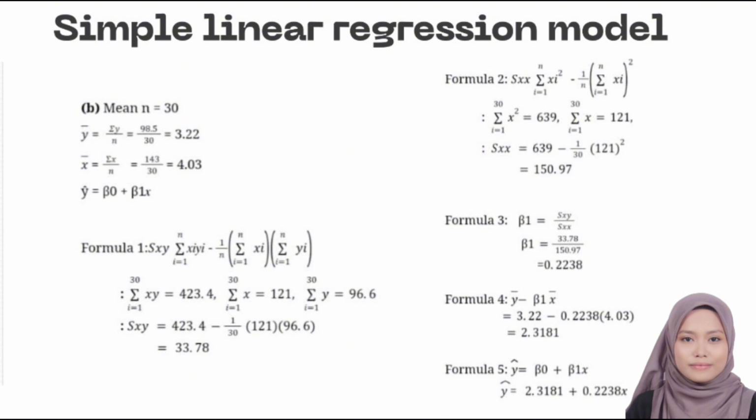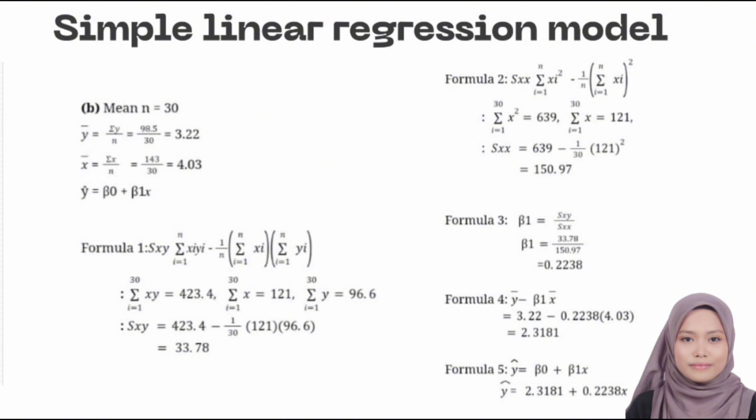And for formula 4, beta 0 equals y bar minus beta 1 times x bar, which is 3.22 minus 0.2238 open bracket 4.03 close bracket, and we get